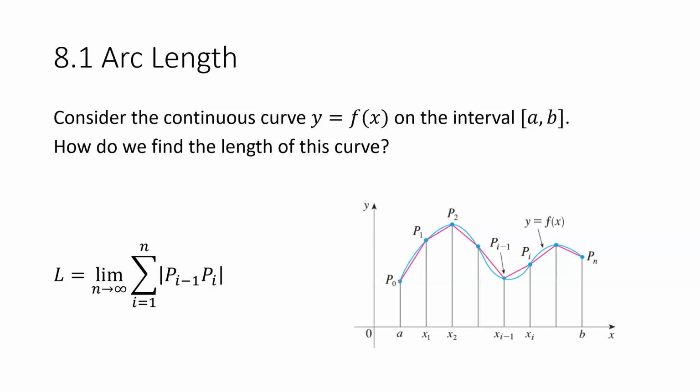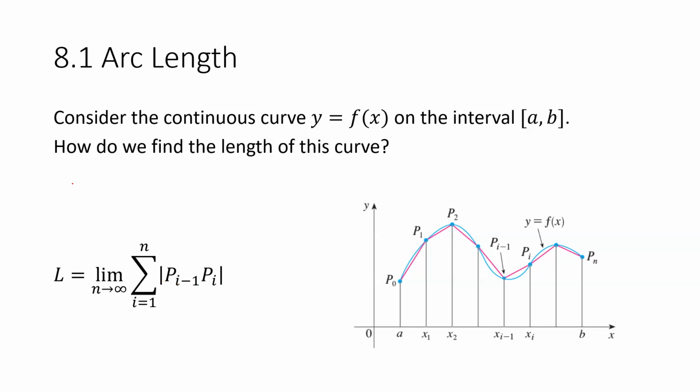So as we increase the number of these approximating line segments, for instance, if I take the limit as n approaches infinity, where n is the number of these line segments, we'll get progressively better and better approximations which will approach the true length of the curve. And hence, we can define the length of the curve as the limit as n approaches infinity of the sum of these individual